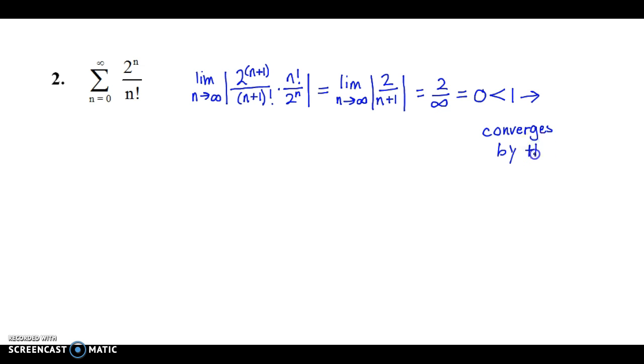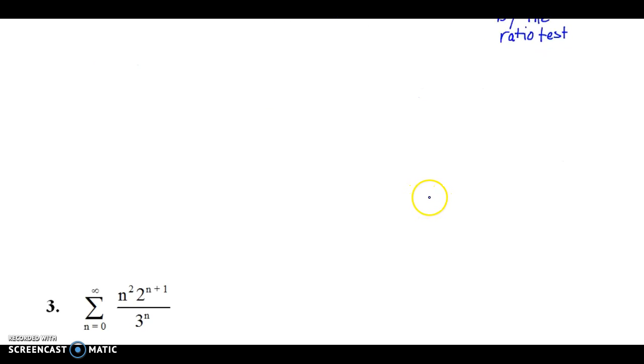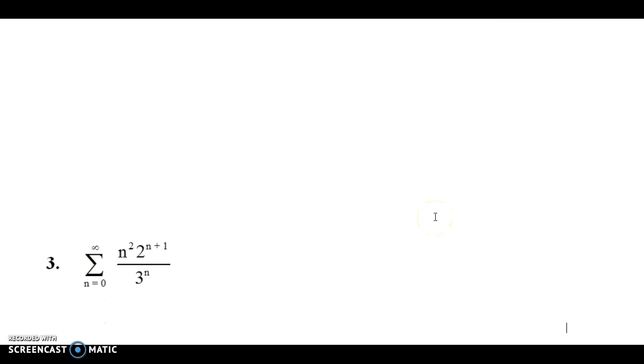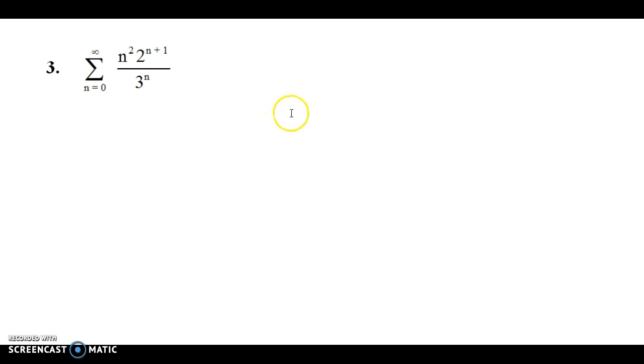By the ratio test. Again, pretty simple result. We get to number 3 here, and I'm going to expand my screen a little bit here. When we are doing number 3,